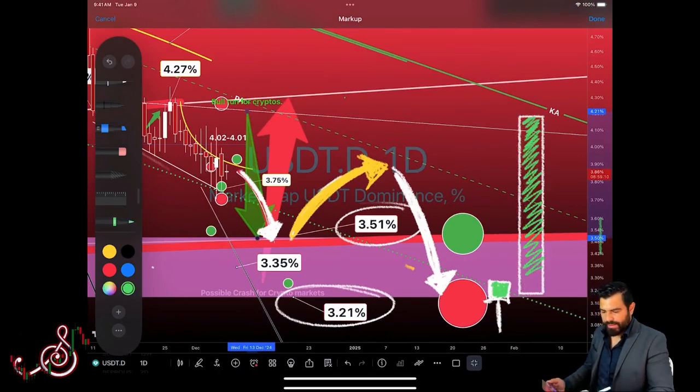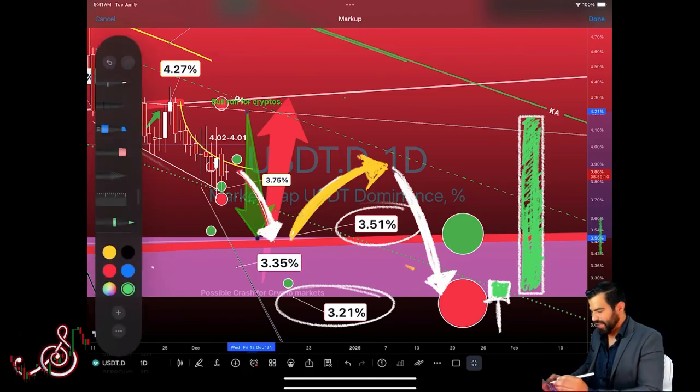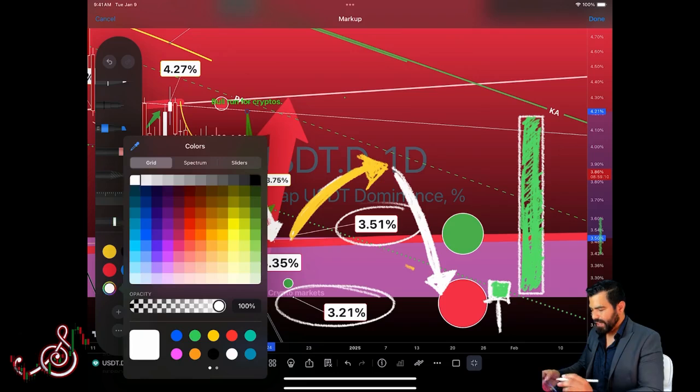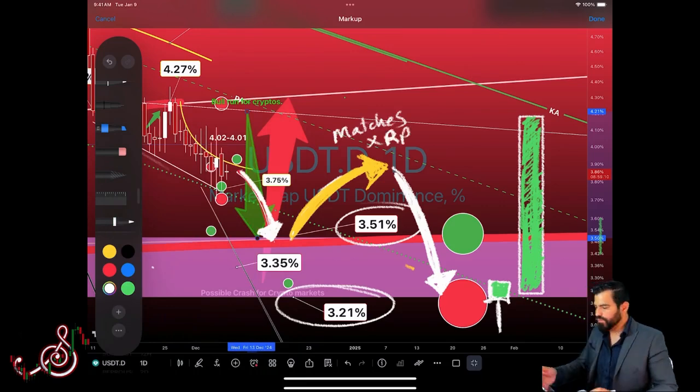It's here. Does anybody have any questions as I bring this to a close? This is the crash. I think this is also going to be a small pullback for crypto. This matches XRP dream. Go ahead. Okay. Roughly what date in 2025 do you think that the green candle is going to come?